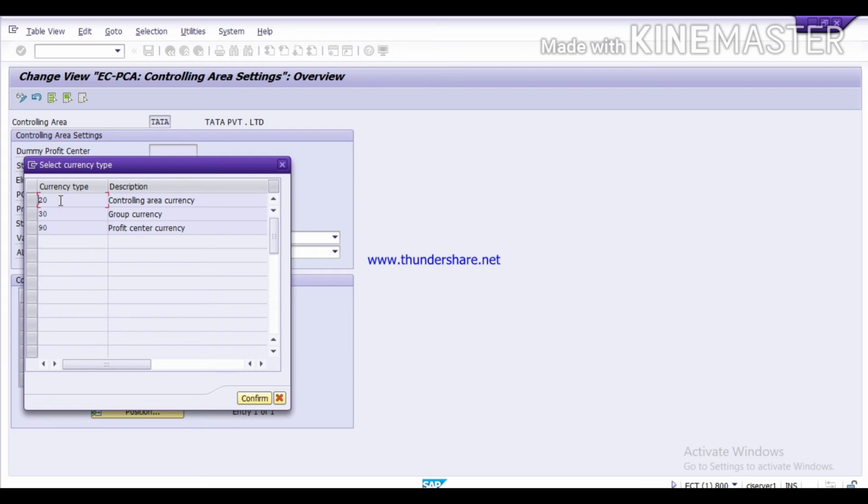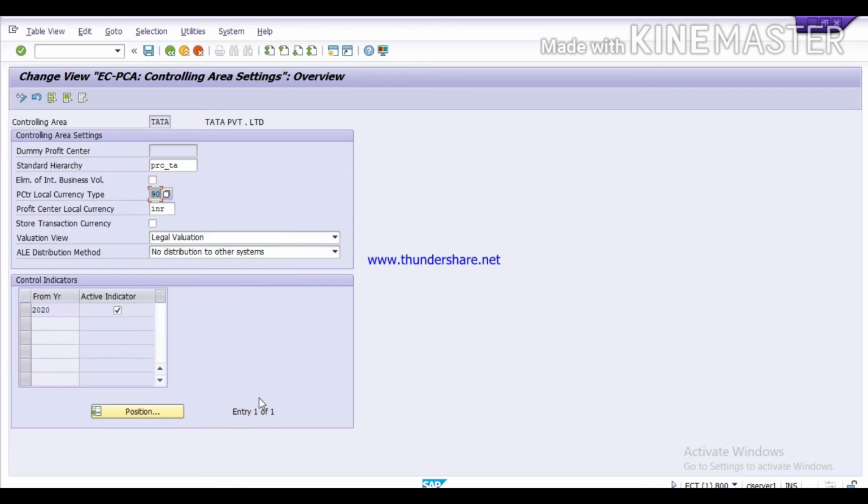My profit center currency is similar to my controlling area currency, so I will select this and confirm, and just save it. At the bottom you will get the message data was saved. So like this you can maintain your controlling area settings.